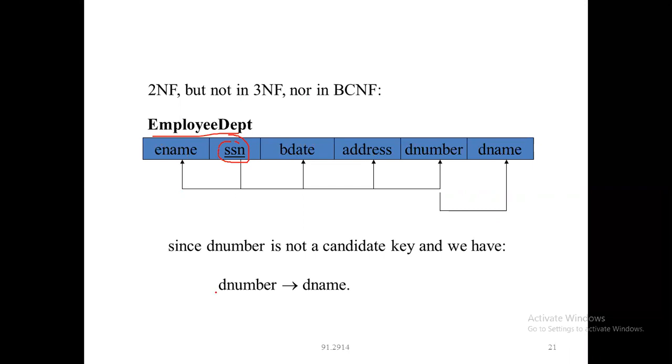Okay, so here we have another one. So you can take here SSN or the number. Okay, so here we have D number and D name. So department number and department name. Now these two are not the candidate key because it has been not underlined. It has been not given that much of importance. So if you see here SSN, this is the candidate key.